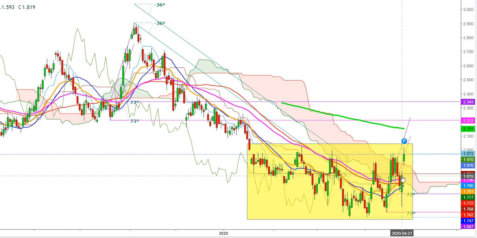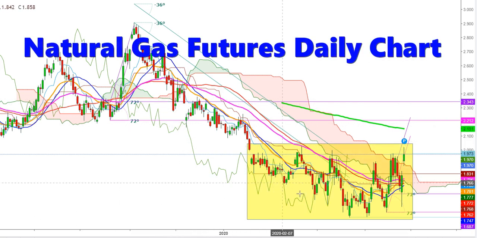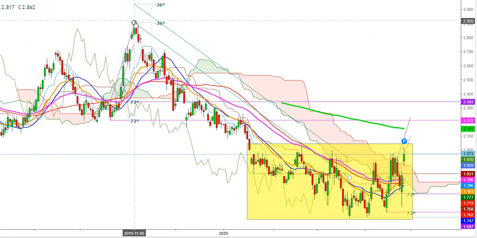So let us start the day to analyze the movements of natural gas futures in different time frames. So friends, here you can see a daily chart of natural gas futures. Here I find that since the natural gas futures started to move downward from November 5th, 2019, we have seen a continuous fall in natural gas futures, where they finally found a bottom at the levels of $1.523, where the natural gas tried to move upward, but here you can see in a daily time frame the